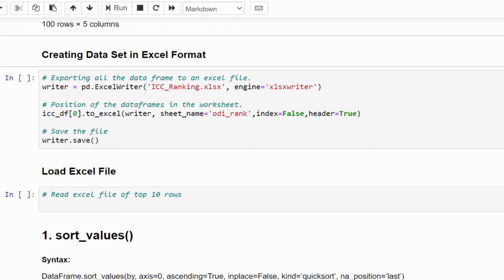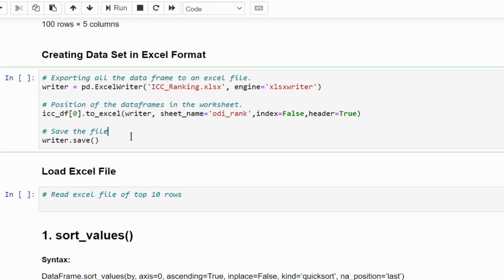Now the next step is to save this in Excel format. That's why we are exporting the data frame to an Excel file, pd.ExcelWriter, and the name of the file is ICC ranking.xlsx. Then to sheet 1, we are importing the above table without considering the index but with the header, and finally we are saving the value.